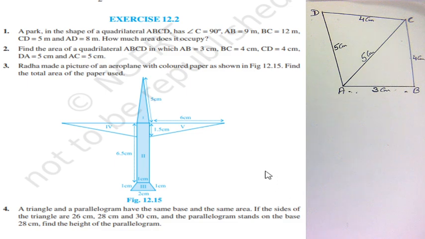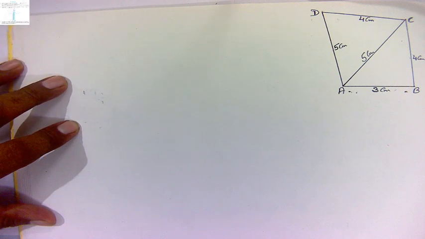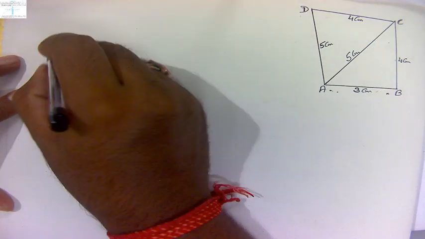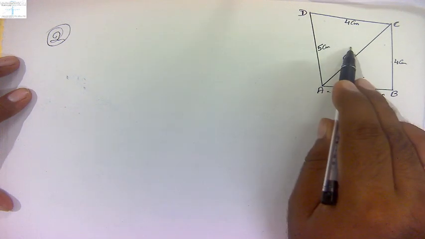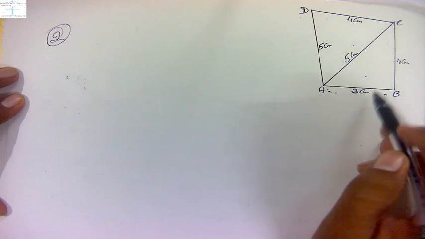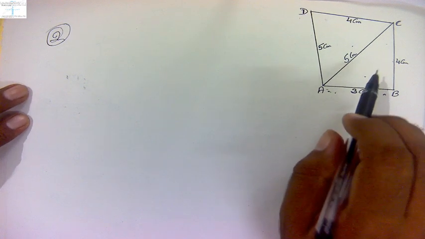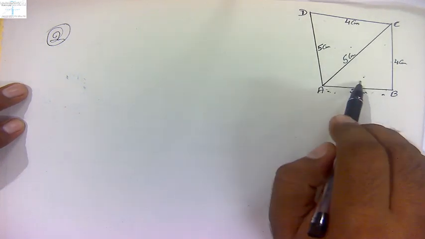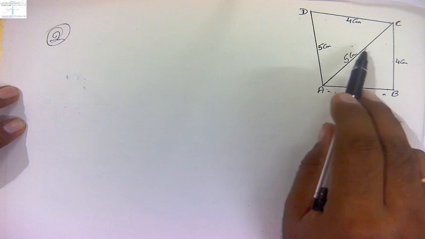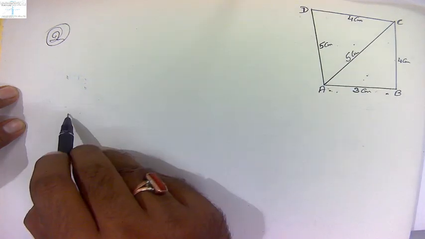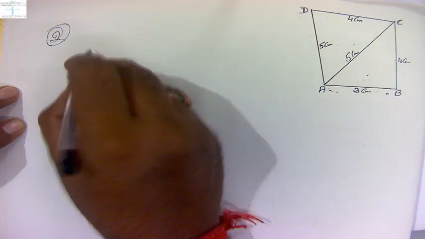Now if you check out this problem, in this question, you already have 2 triangles having all the 3 sides. So what we need to do is we will find the area of both the triangles using Heron's formula, and we will add the areas, that will give us the total area of this quadrilateral. So you will take the triangles one by one,